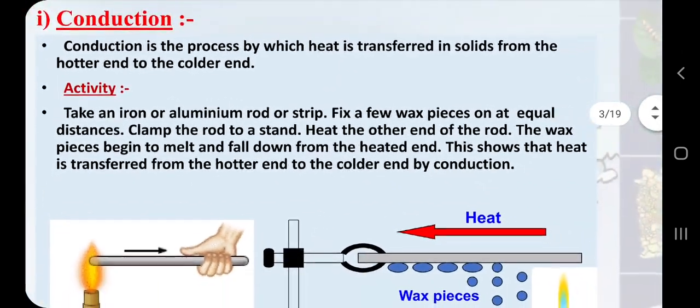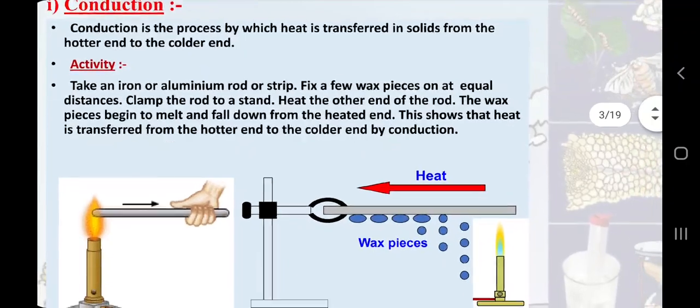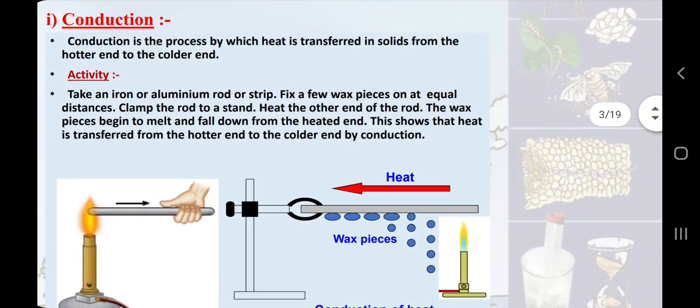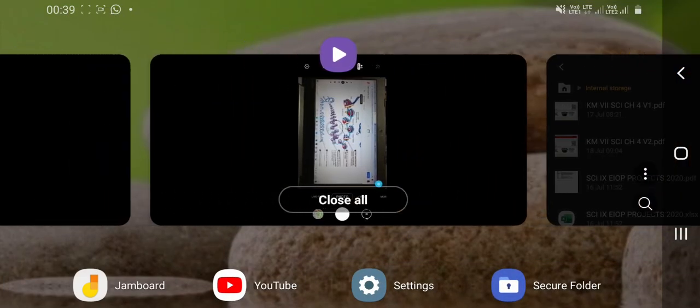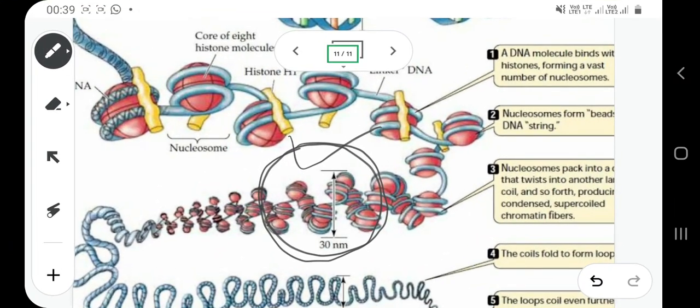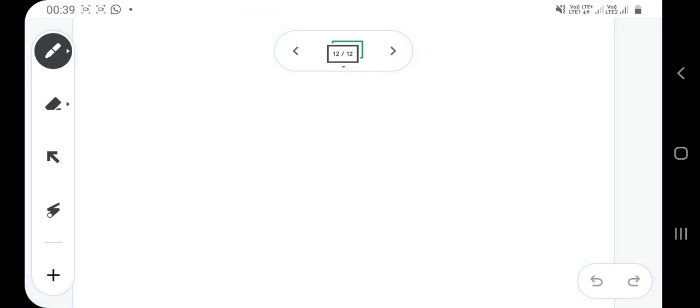So first take conduction. When you talk about conduction, let me discuss one activity first. Let me explain that activity in my way.